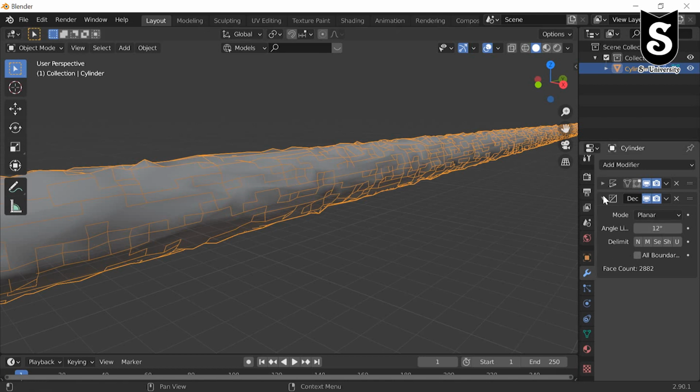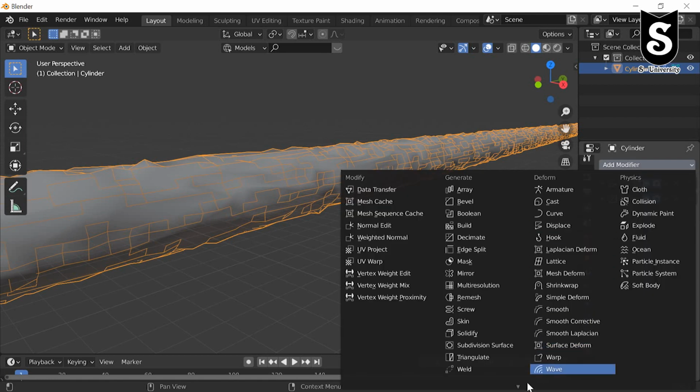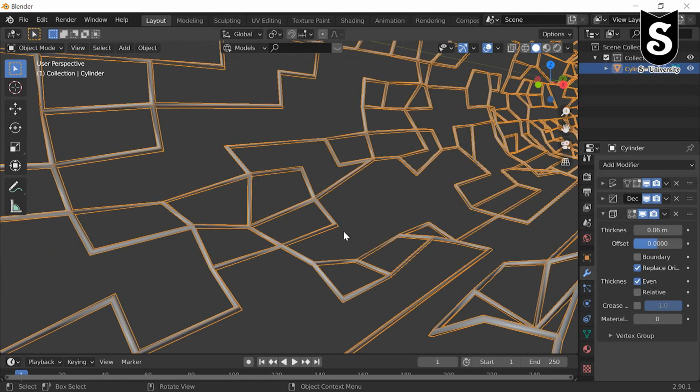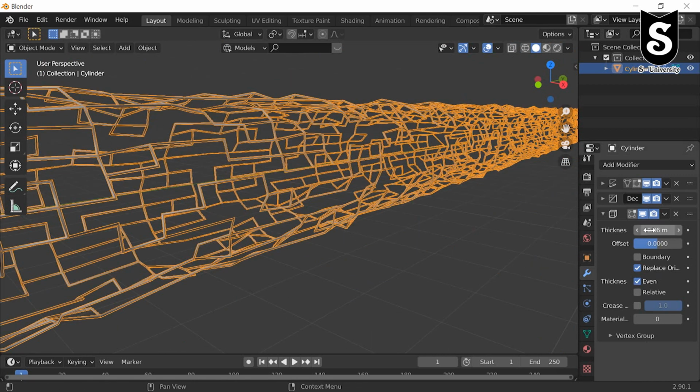Till now it's okay, so go to the wireframe modifier, increase the size of the wireframe to around 0.06. We need to increase the size more, so increase to 0.1.